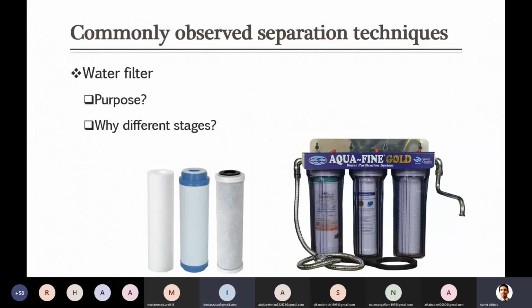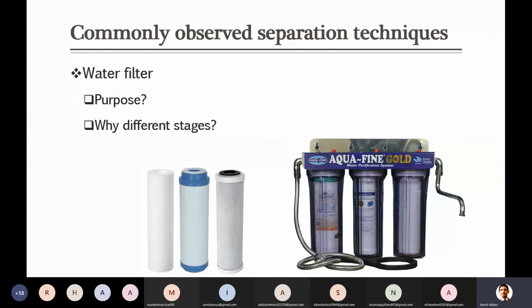You are right. That is not a filter actually. That is one light treatment in which we pass the UV light, and that is used to rupture the surface of these viruses and bacteria so that they get killed. You use it to kill the microorganisms which are still available, which were not removed with the help of filters, because they usually have a very small size and they are not retained on the surface of these filters. They keep on passing with the water. So this technique is usually used to kill those germs. So most of the time the third filter here is not a filter, it is actually a UV treatment stage.